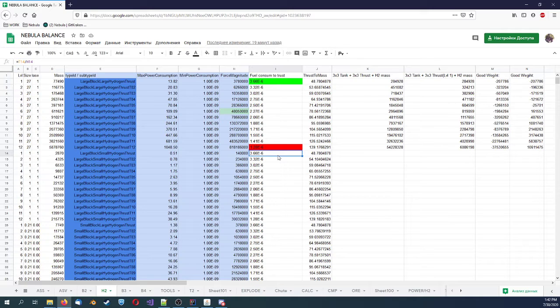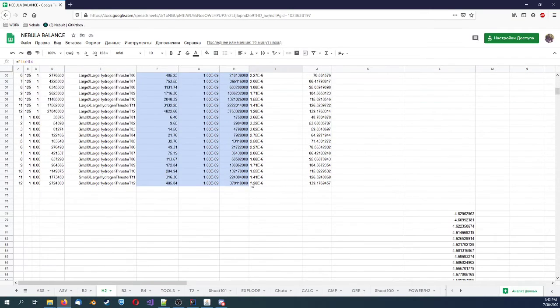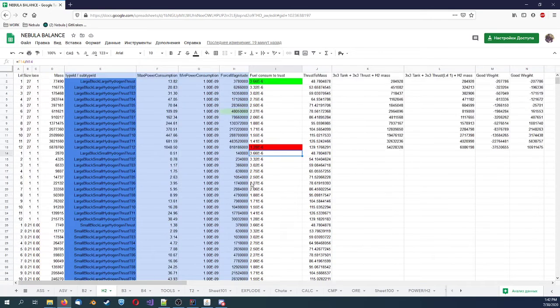that's why when we edit something from this, and the players say that we have a problem with this block, for example, we think that the lift of hydrogen thrusters is bad, and we want to make it a bit easier to lift in space. So we just